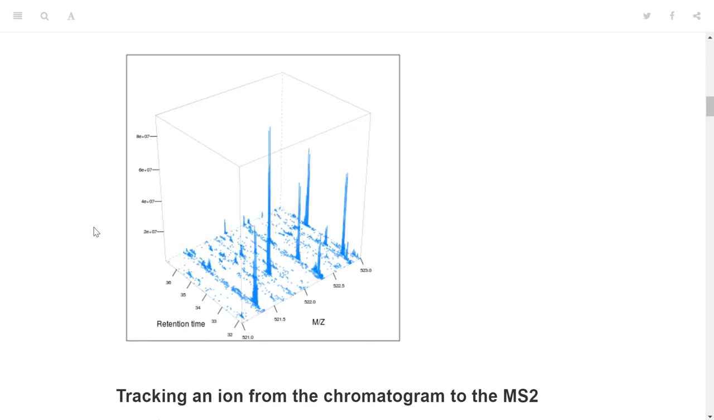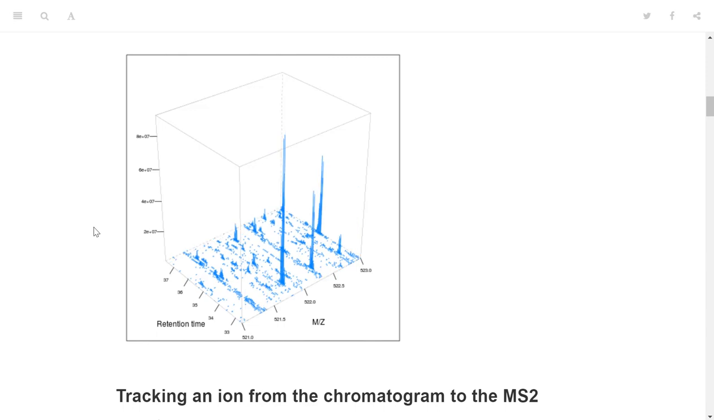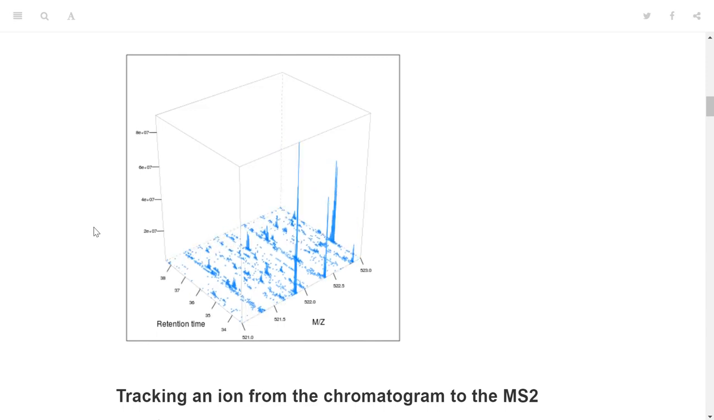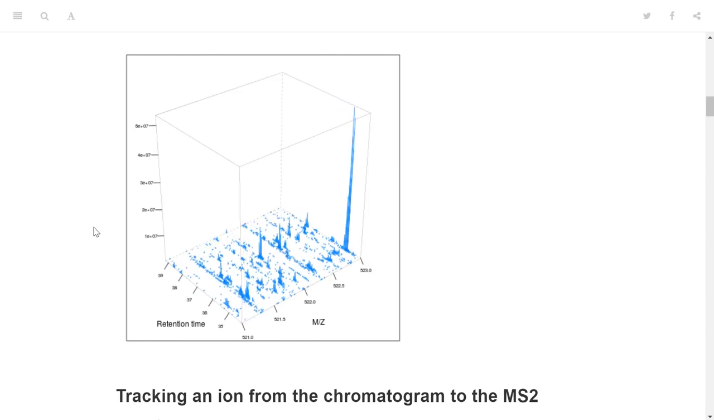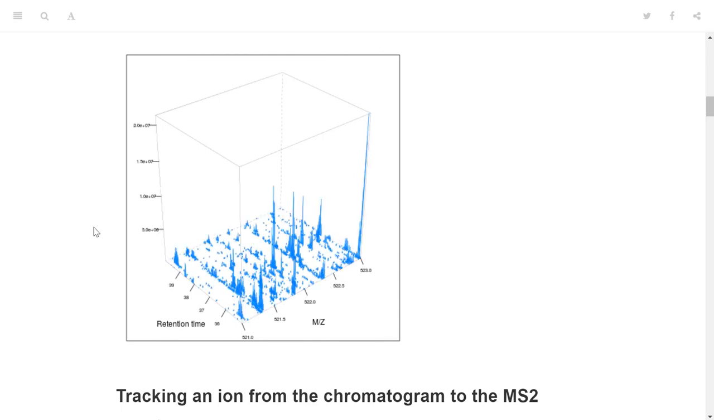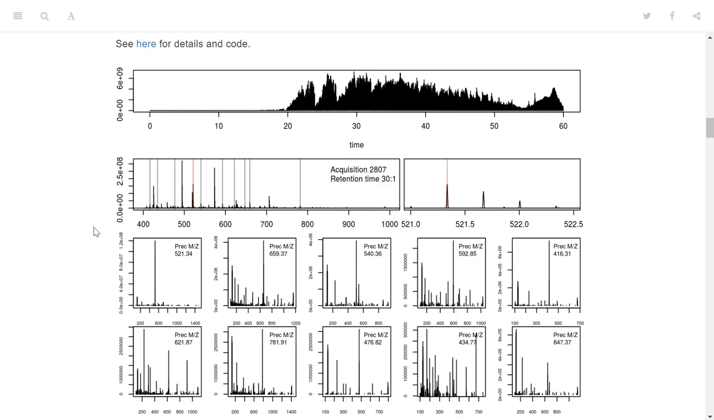This is a kind of mass spectrometry map where we have retention time, the ions that are used over time, the M over Z value, so these are the scans that we see, and the ions are measured at certain intensities. Being able to access the data in a specific format allows us to really track an ion of interest. So at a certain retention time here, after 30